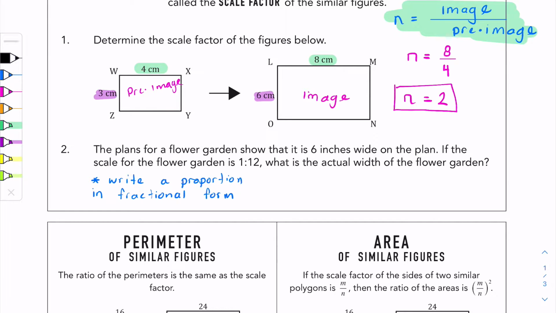So if it says that the garden is 6 inches wide on the plan and the scale for the garden is 1 to 12, that means we're going to set up a ratio of 1 over 12,